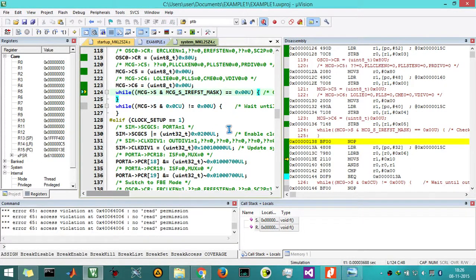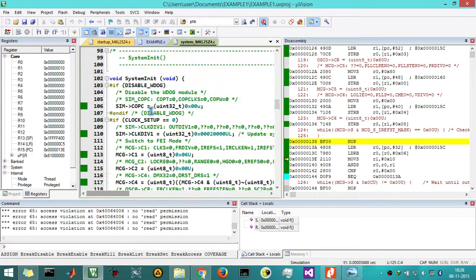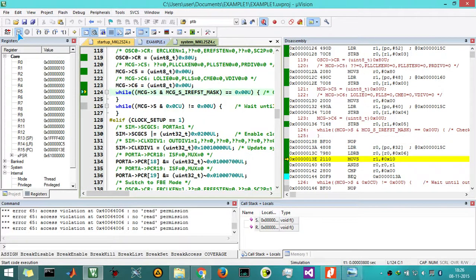So this is the problem. Because we do not have any development board connected to our PC, this problem will arise. This system initialization program checks for the clock in the development board. If you connect a development board, it will execute perfectly. If you do not connect a development board, this simulator will not have a clock generator, so it is going to check for the clock and it is going to stop here. It will not execute further. So what we have to do is somehow bypass the execution of these statements.